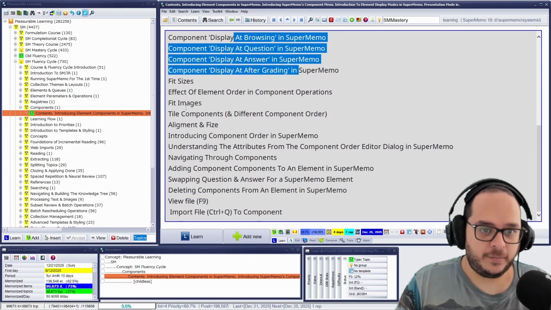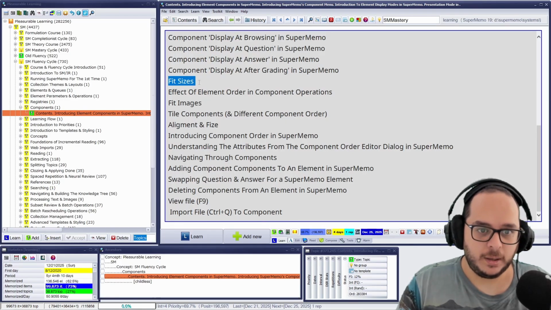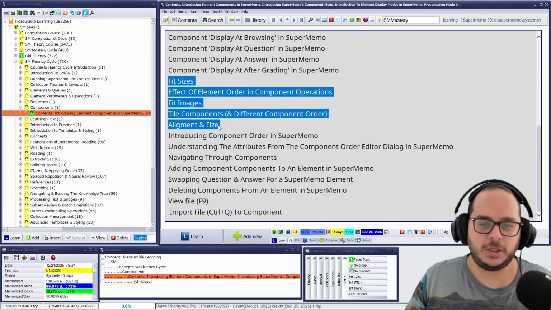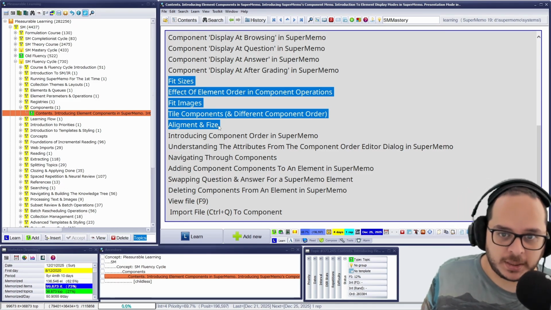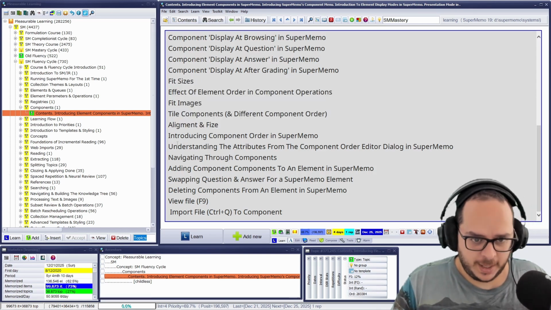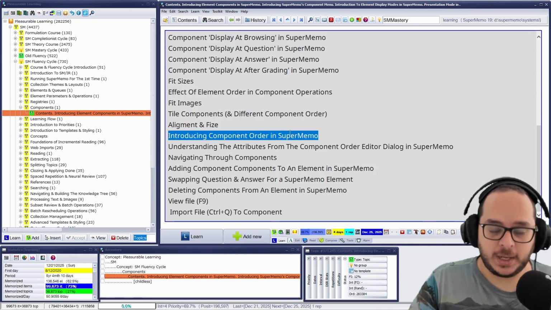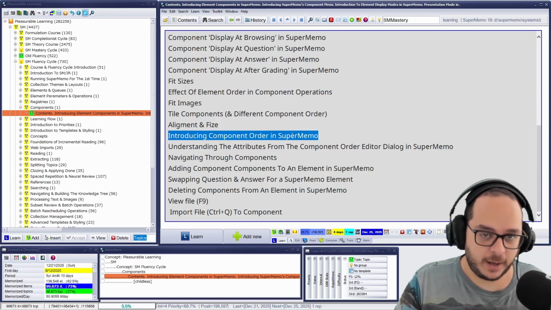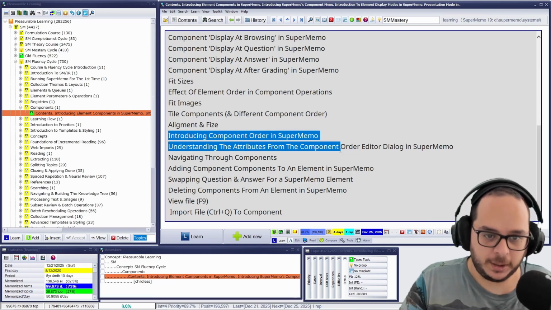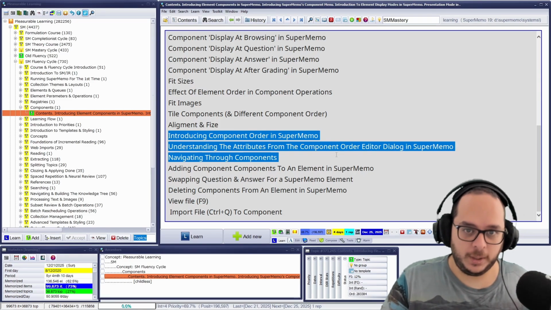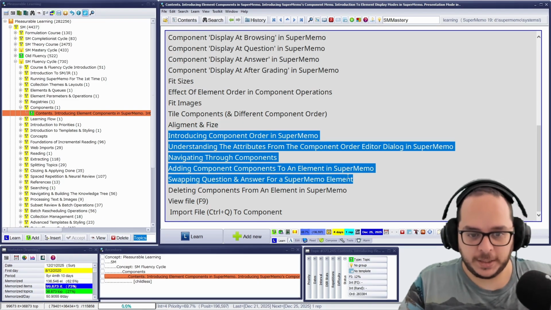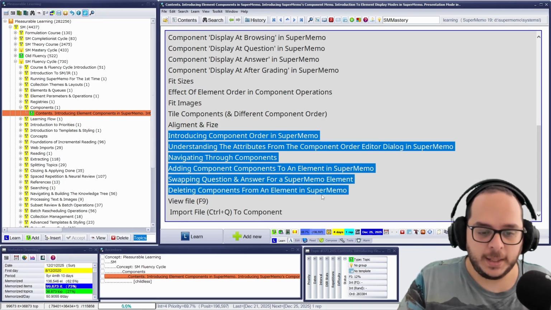Then some of the features of fit sizes, fit images, style components, alignment and size. This is usually only done as a previous step to save this as a layout, but not necessarily. Then we'll introduce the component order, which has a direct effect on the component operations, understanding the attributes, navigating through components with a keyboard, adding components, swapping question and answer, deleting components, and then some